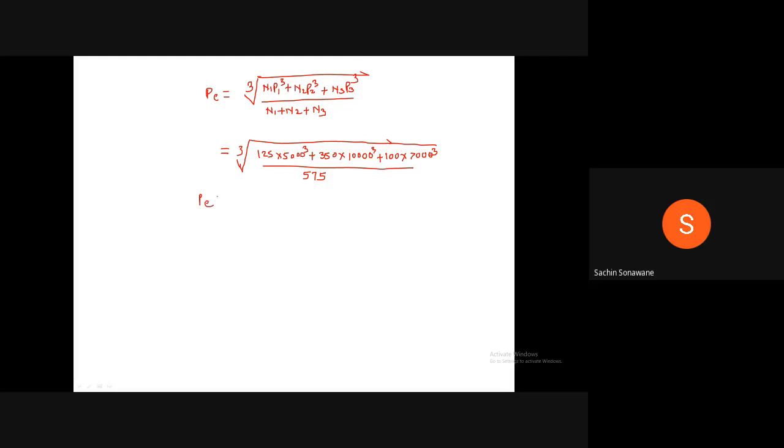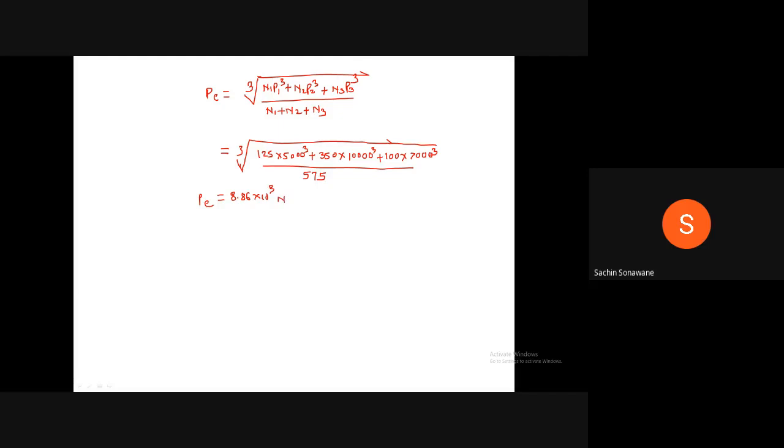What is the answer? Eight point 86 into 10 raised to 3. 8.86 into 10 raised to 3